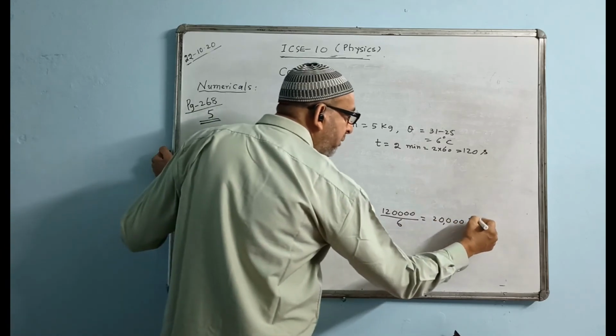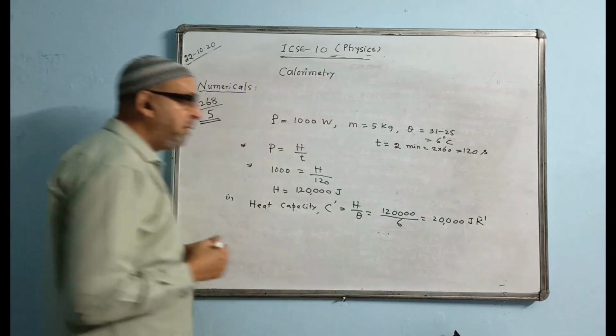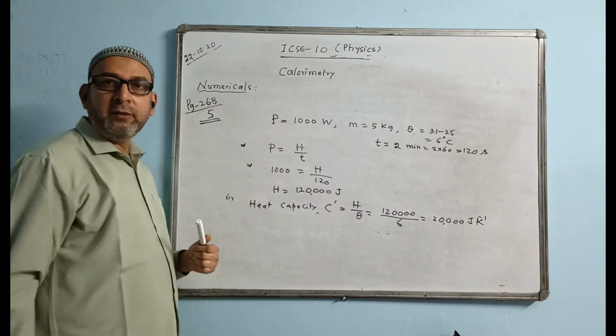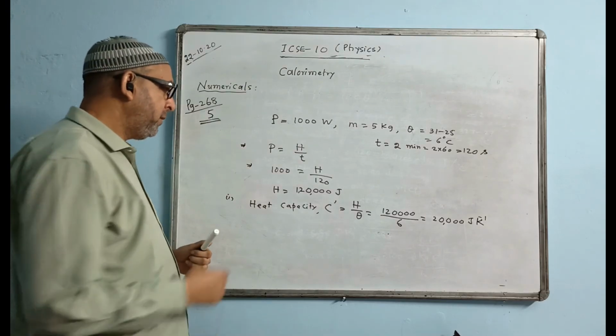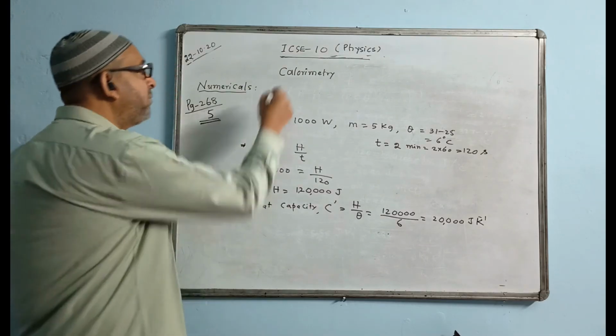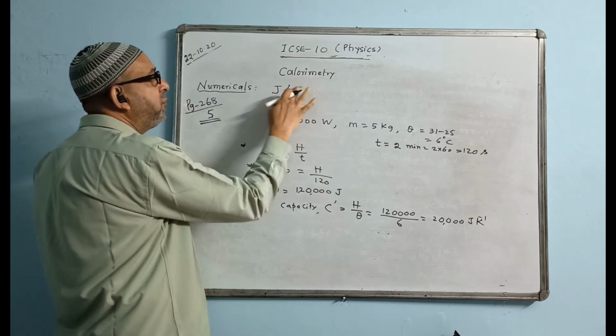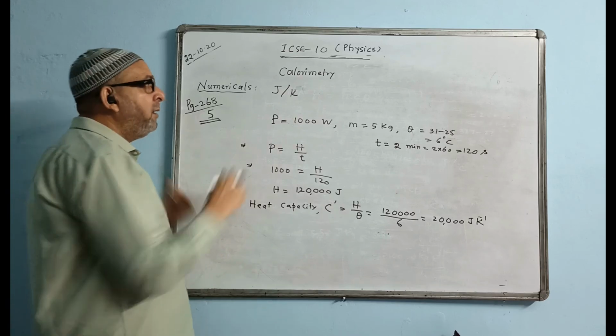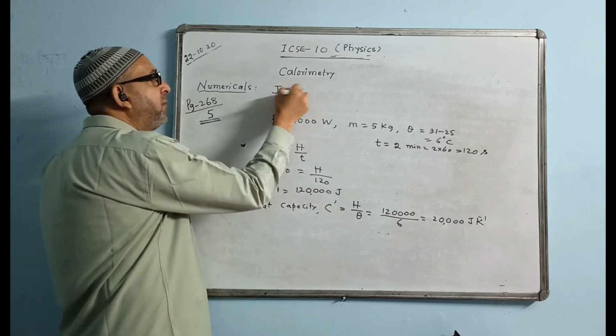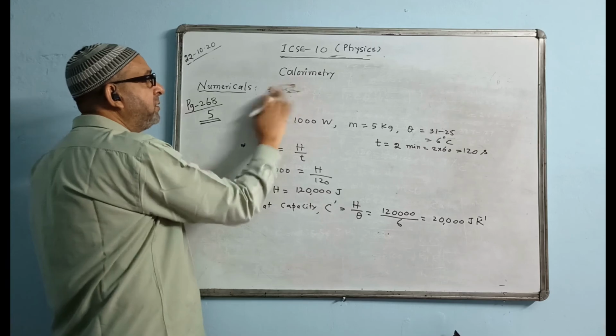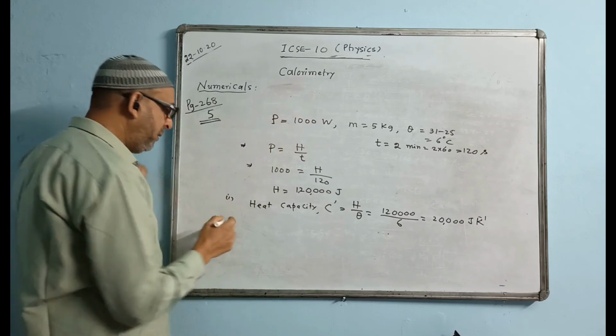The unit will be joule per degree Celsius or joule per Kelvin. So let us write the SI unit, Kelvin, K to the power minus 1. Or you can give a slash, joule per K. In that case, don't write joule slash K minus 1, which is wrong. If you are giving a slash, then don't give a minus sign here. And if you are not giving a slash, then you have to give a minus sign. So this is how you need to write your answer.